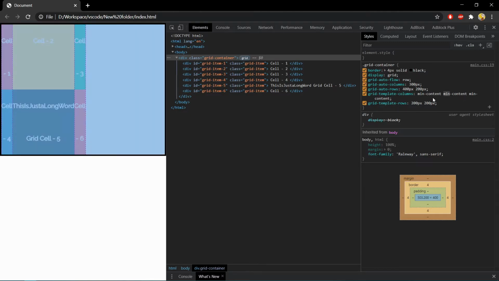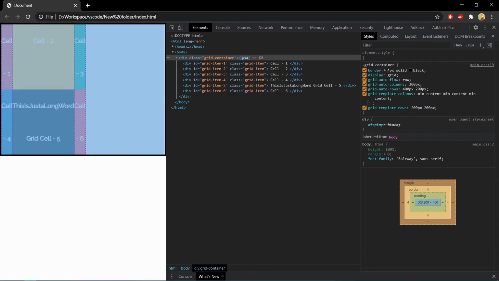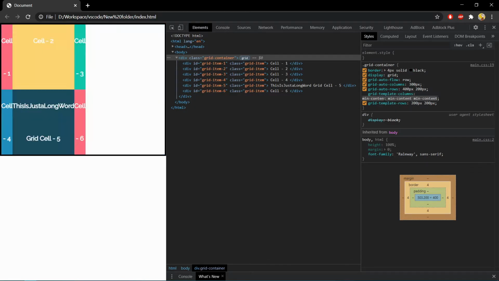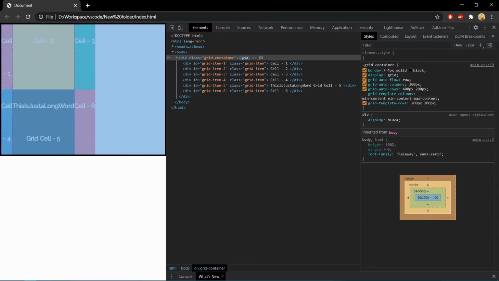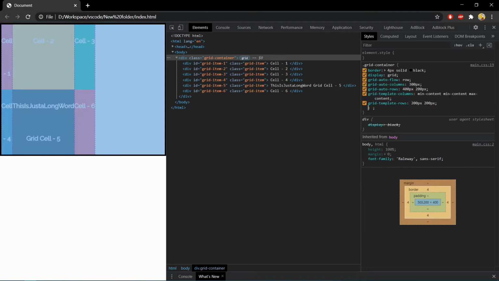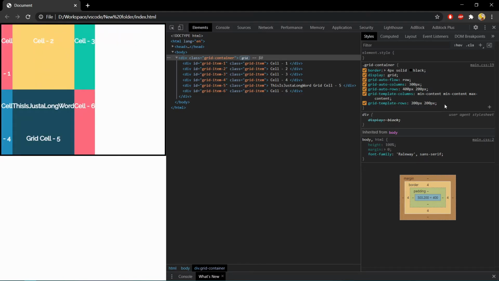Another property which we can use is fit-content. In order to demonstrate fit-content, let's use the first column as min-content and another column as max-content. So fit-content allows us to adjust column width between its min and max content.